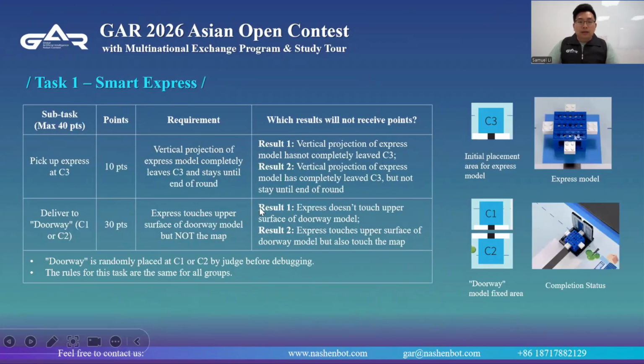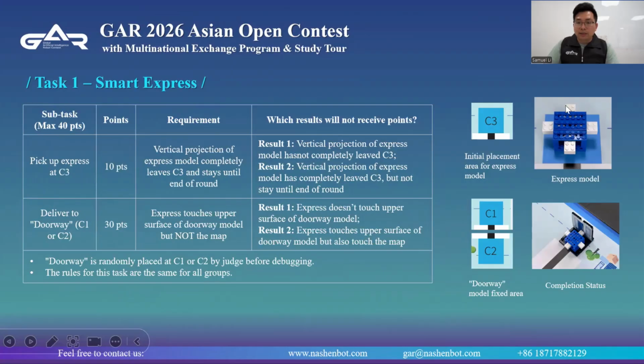Okay, task 1, Smart Express. The maximum for this task is 40 points, divided into 2 steps. The first step is to pick up the express model at C3.